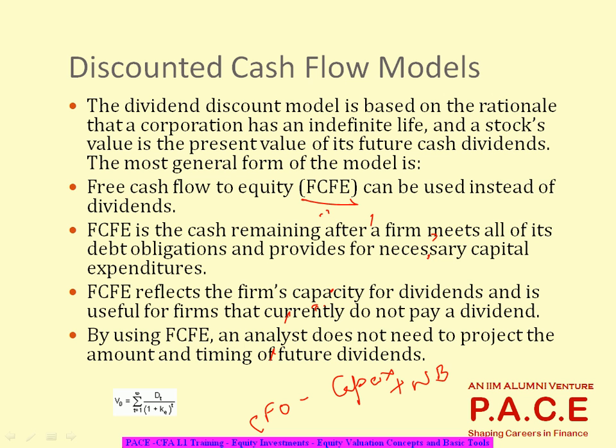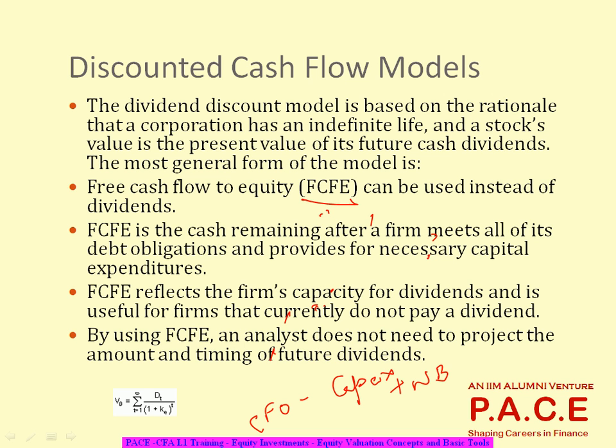So what is the cash that is really available with the company? It's not the total cash flow, because we are talking about the cash that is available to pay to its equity investors only, the last year's investors, not the new investors who are coming in, right? So I will look at only cash flow from operations. Out of that, I'll remove what I have invested to buy the plants, machineries and all, which is the capital expenditure. And I will add any new borrowings and subtract any principal repayment I have done in this period. That is what will give me the free cash flow to equity.